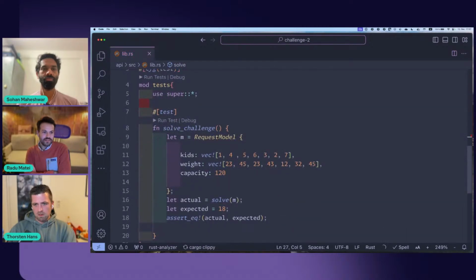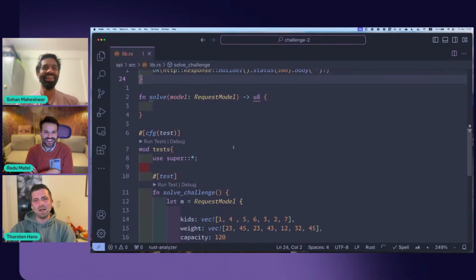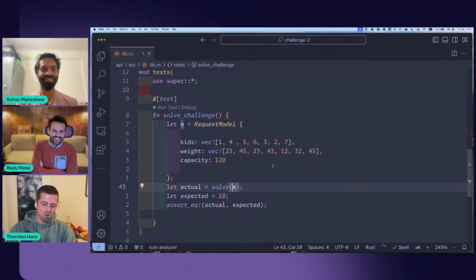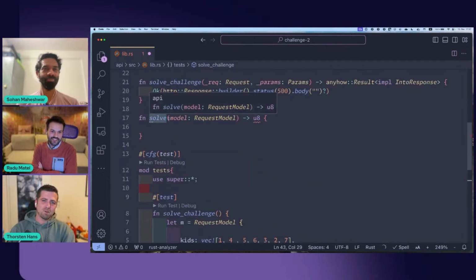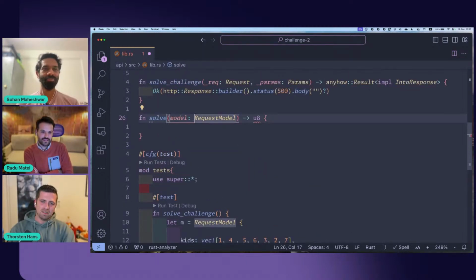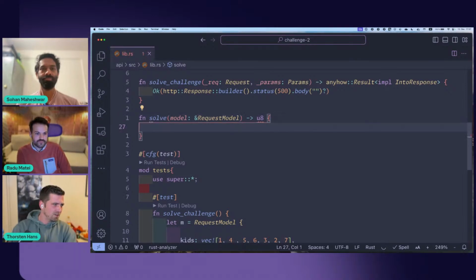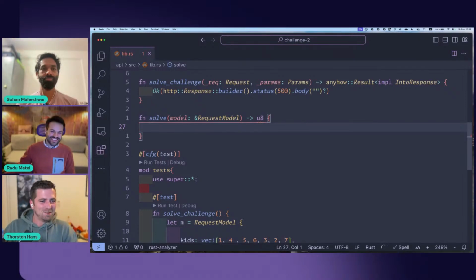How much do we want to go into the weeds of Rust ownership, Thorsten? Not that much. I would just provide a reference over there, because I know this one does not need ownership of that. Model. Yeah, I just don't want to jump into that one right now.